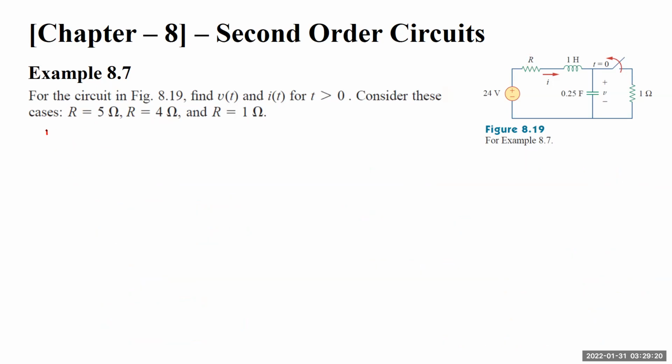So for dv by dt at time t equals 0, this is our second initial condition. For this, we know that just after the switching, the circuit will look